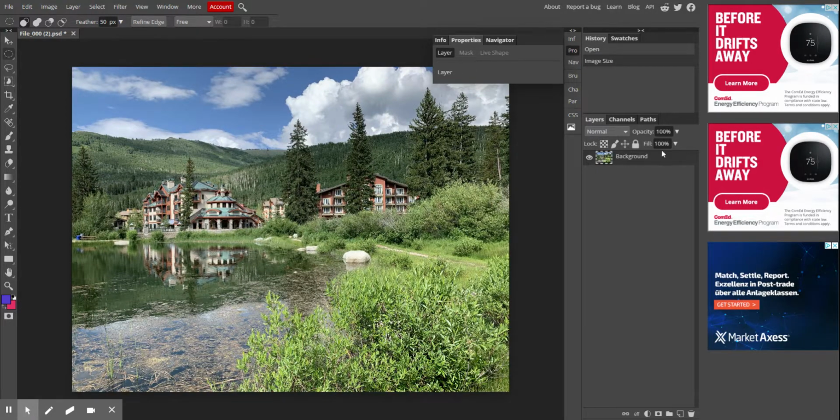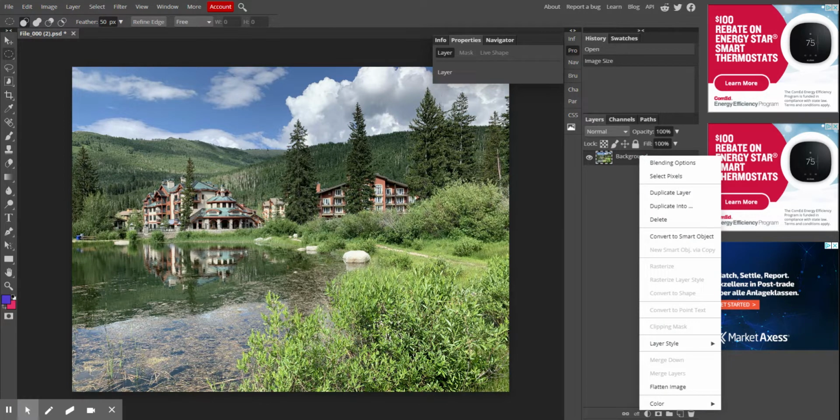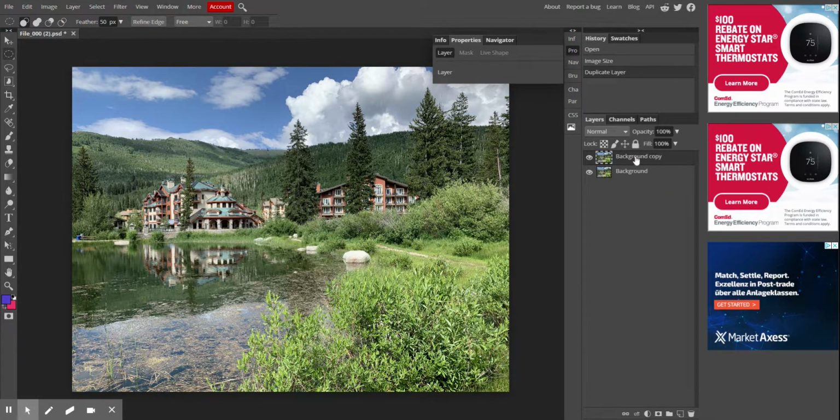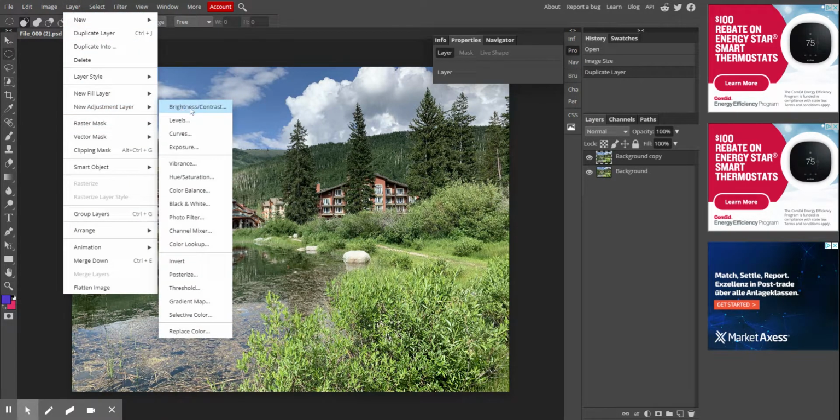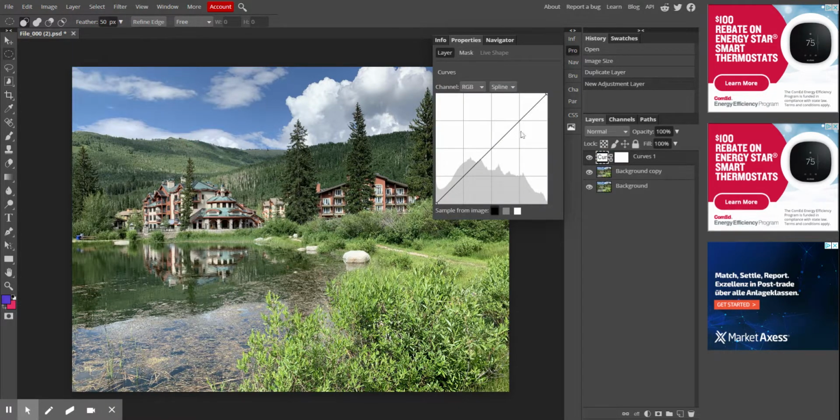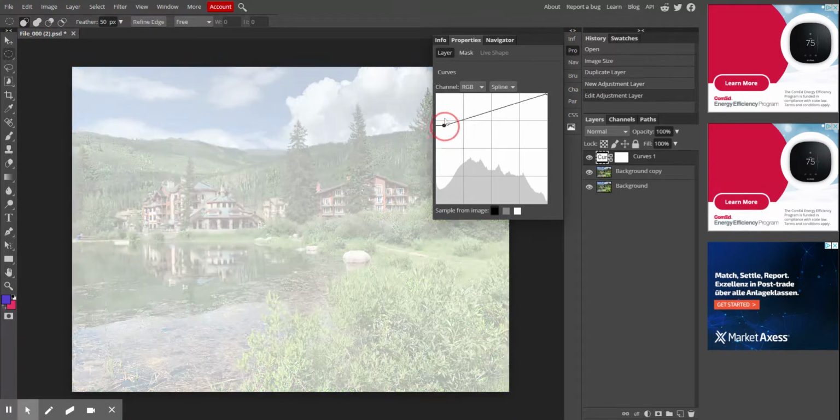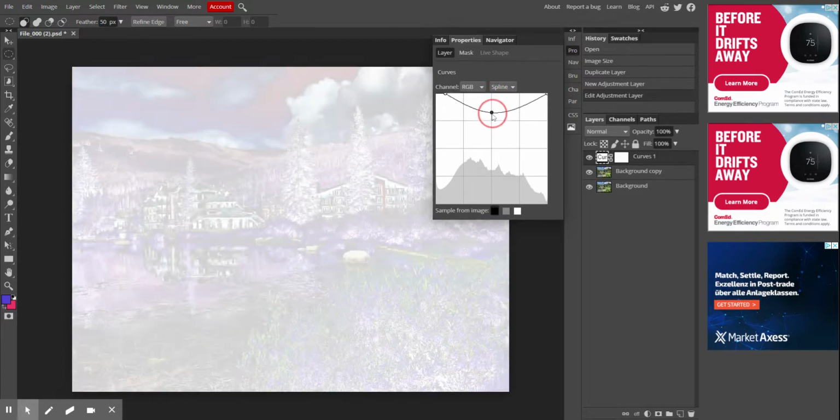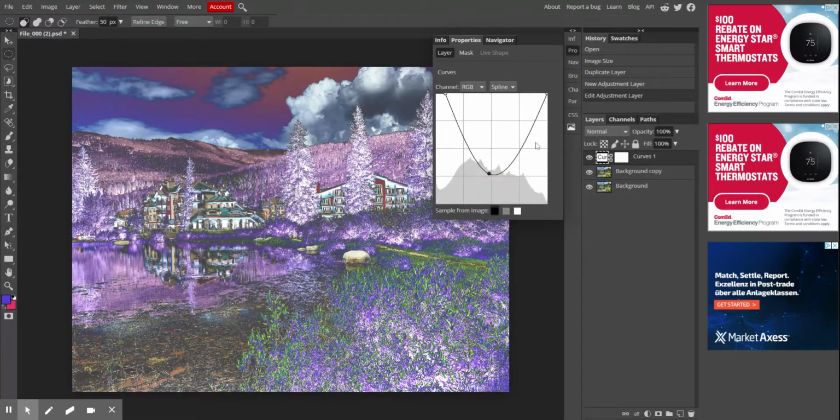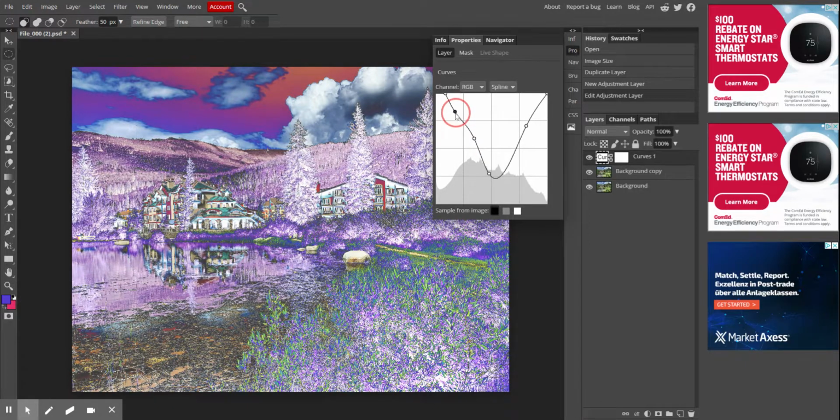So first what I'm going to do is duplicate the background. Duplicate layer. And then I'm going to go up to Layer, New Adjustment Layer, and I'm going to do Curves right here. All right, so right now you don't see anything happening. I am going to drag this up. I'm going to create a center point, drag this down,